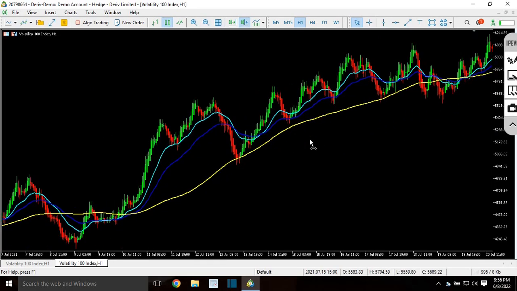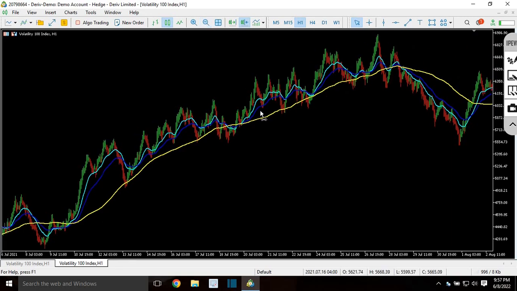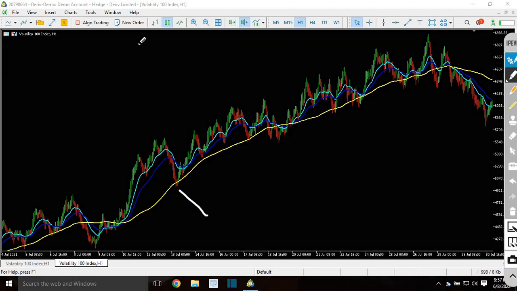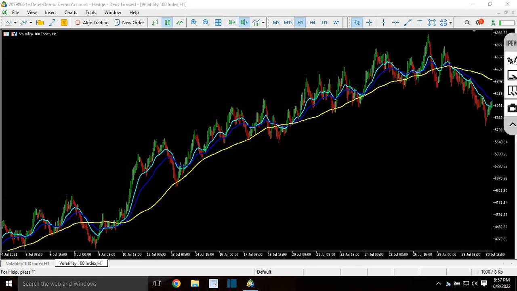Okay, here it is. You only buy when it's an uptrend. And what are the signs of an uptrend? So what are the signs of an uptrend? It is an uptrend only when,